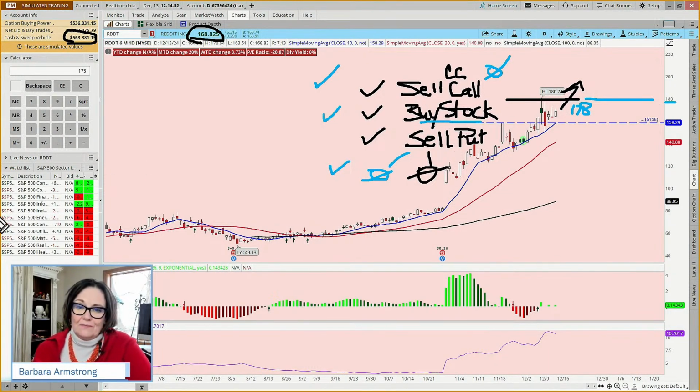Now, what is door number 3? I'm going to go to a red marker here, because this is if things do not go according to plan. What if the stock comes down and goes below our short strike? We could be assigned, or the stock could be put to us. So all of a sudden, we're going to own shares of a stock that's probably trading below what we had to pay for it. This call would become worth less and ultimately worthless, but the stock is going to go down in value also.